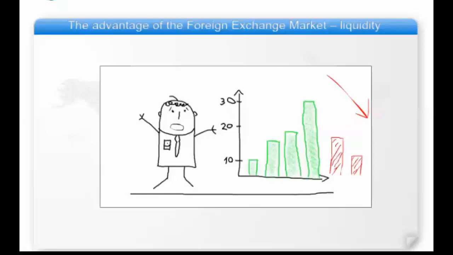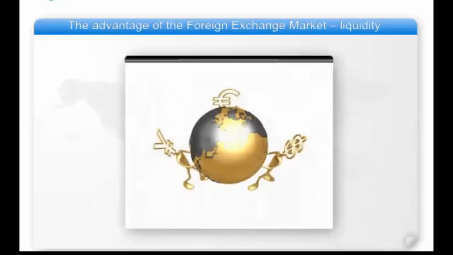In the Forex market, such a thing would never happen. If you have euros, pounds, Swiss francs, or any other tradable currency, you can sell it at any point in time. You will never get stuck with a currency, and this is a great advantage of currency trading. As traders, it doesn't matter what you buy. What's important is that at any moment you can cash in your goods, because there's always going to be a buyer.